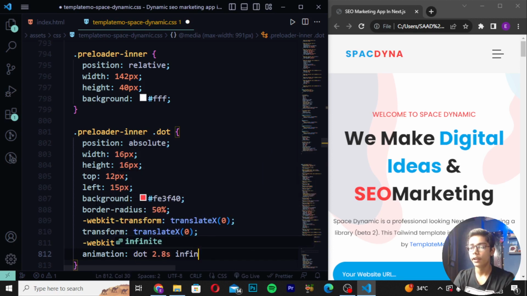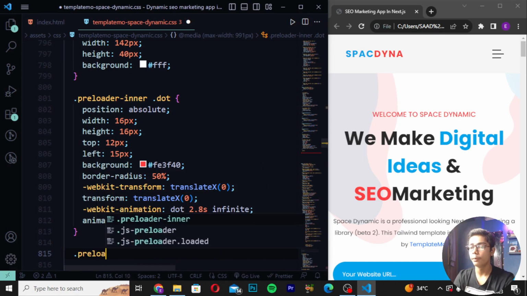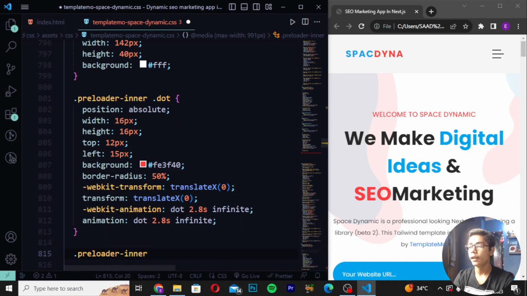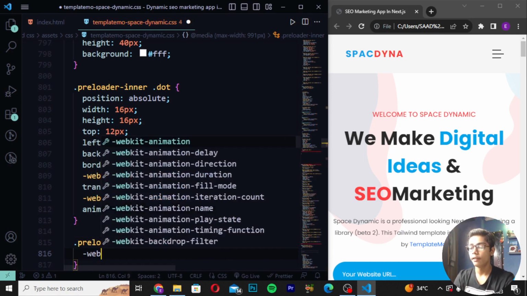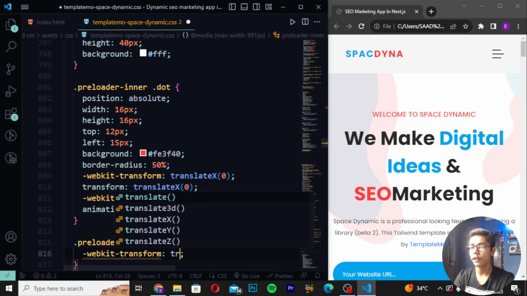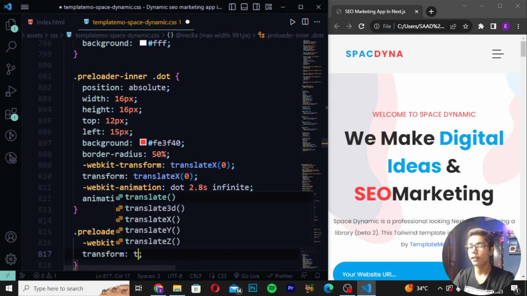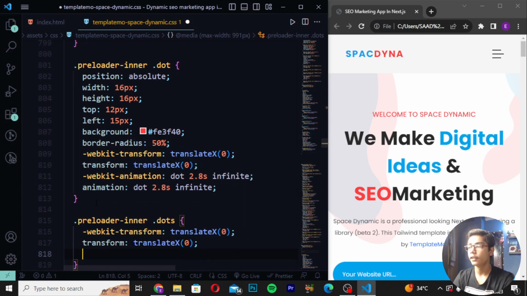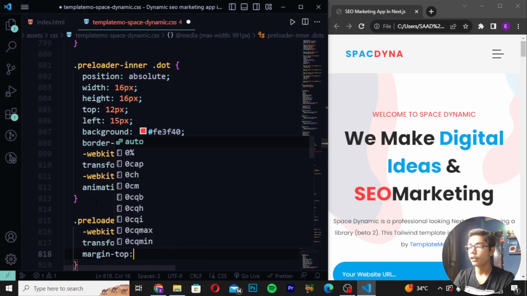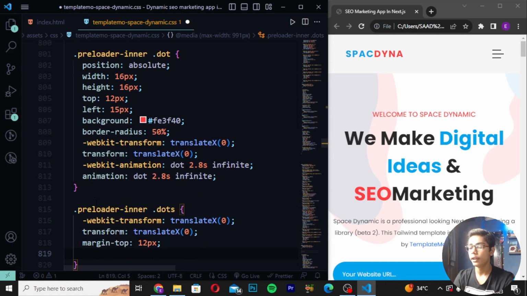So here I will be now writing this. Then you have to now move down, right here .preloader-inner, and I will be writing dots like this, and right here .basket transform, and then you have to now write here translate as 0. Then right here transform again. So I will be now writing here transform and create here translateX, and then you have to now write here 0. Then right here margin-top should be 12 pixel, and I will be now writing here margin-left